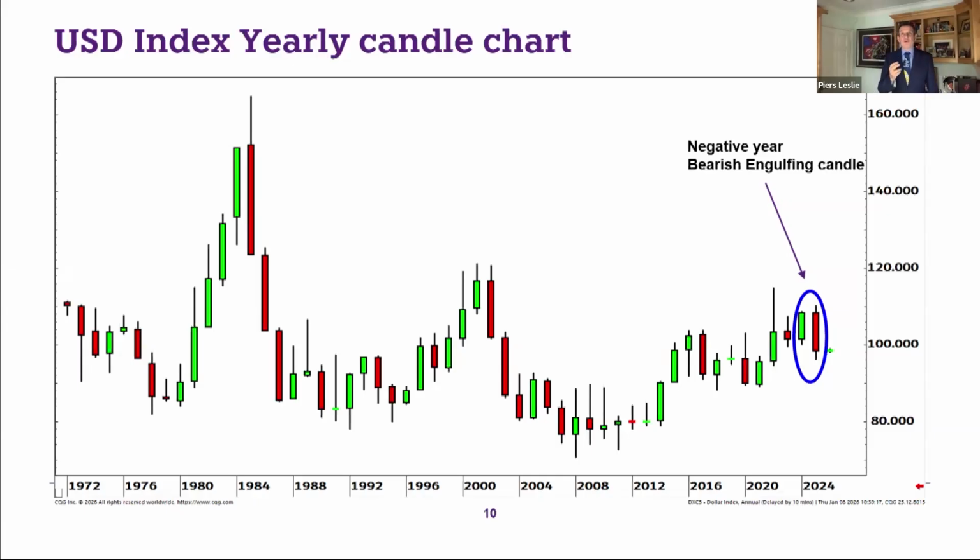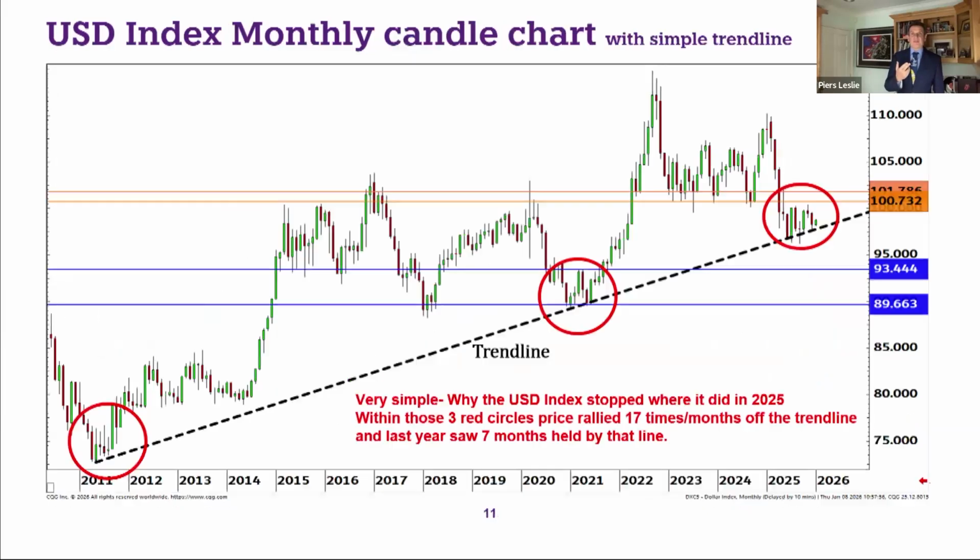Now, what you normally get after a bearish outside session is some people feel, we missed that move. So as you can see, the dollar value is rallying up slightly at the moment. It's green this year so far. But what will happen is, as you enter into that red candle, the risks increase that people might start to sell the dollar again. And so that's one thing to note there, that it was a bearish outside session for the yearly chart. So if we look at the next chart, this is the dollar index monthly chart.